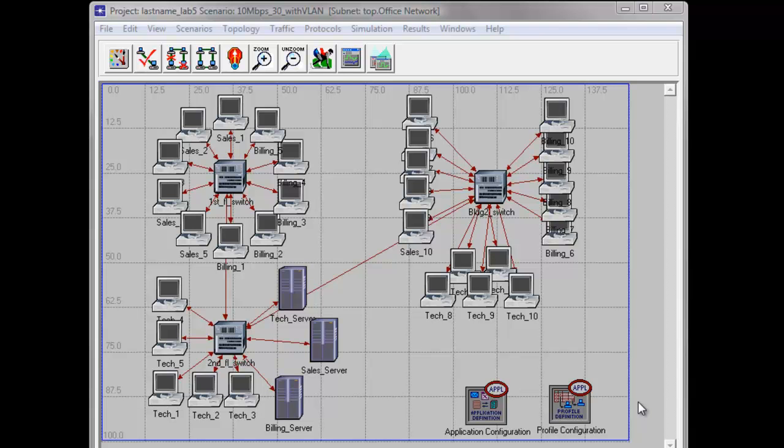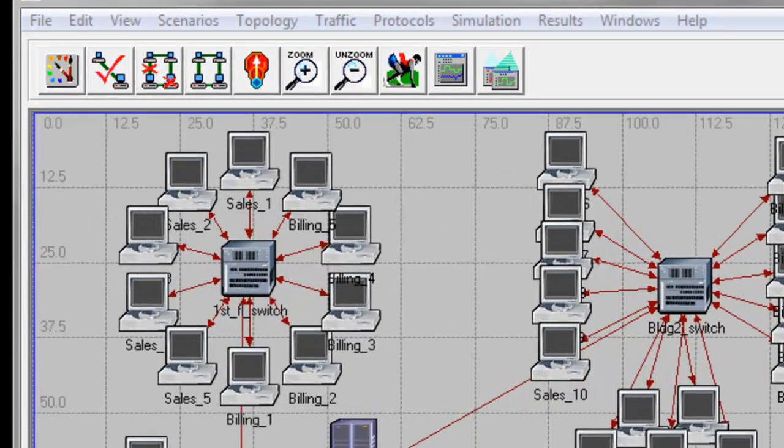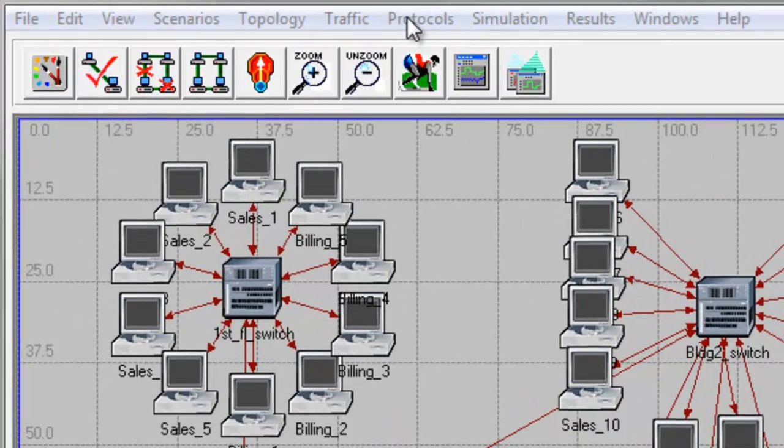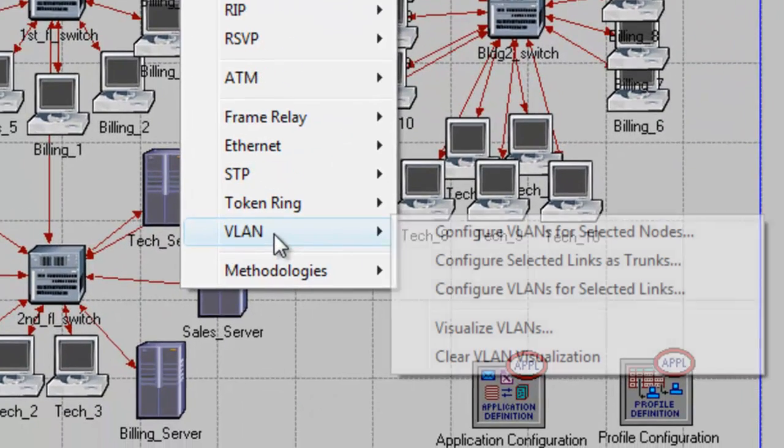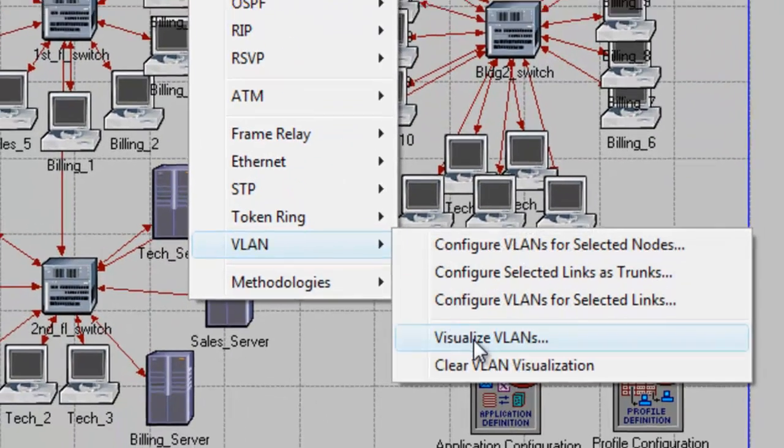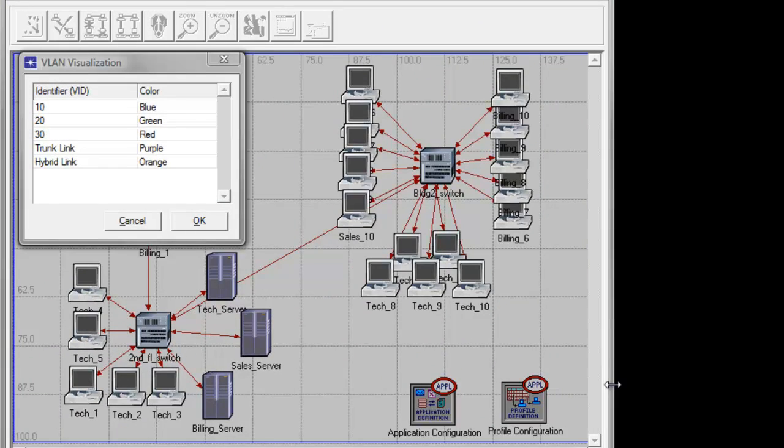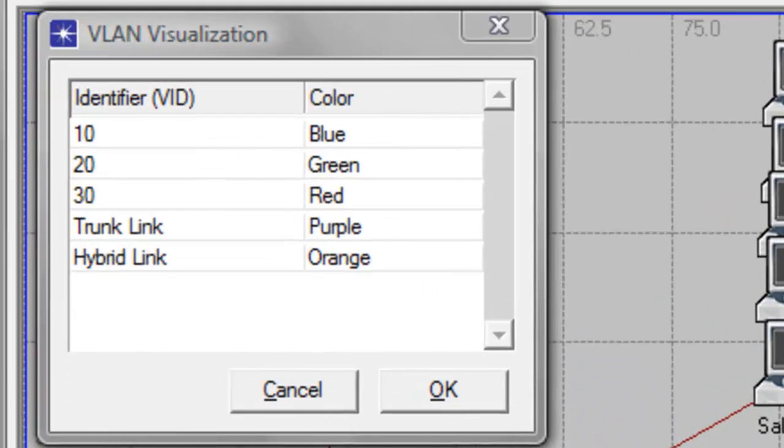Okay, now that we've configured all our switches into VLAN, we can verify that we've configured the ports correctly in each department by clicking the Protocols menu, then selecting VLAN, then Visualize VLANs. Now take a screenshot of the VLAN visualization table, as we need it as our reference to match the color of the links with the table in the PDF version of the tutorial that serves as our guide in configuring